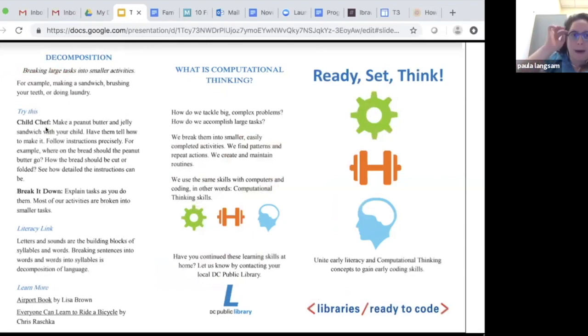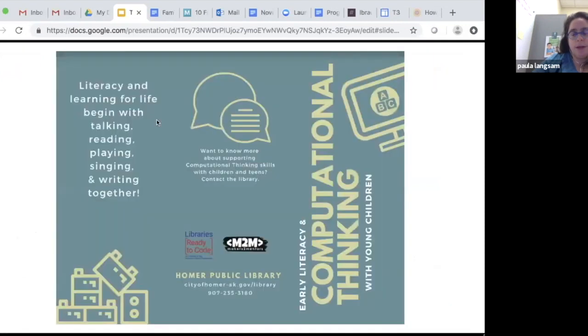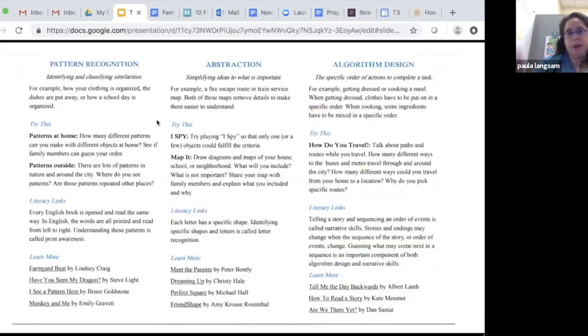So this is a pamphlet that the DC people put together about computational thinking. And this is specifically for parents with the information and links to early literacy, with some activities that they can do in their houses or outside the library and inside the library to work on and build those skills and think about them. So that's one side of it. And then there's the second side of it. So we've got the 4 pieces, things you can do to try it at home, how it's tied to literacy,